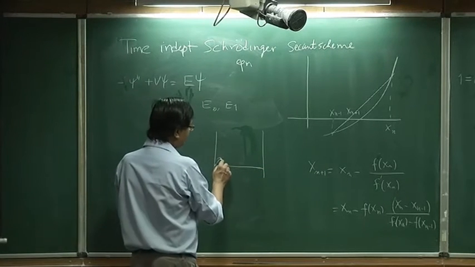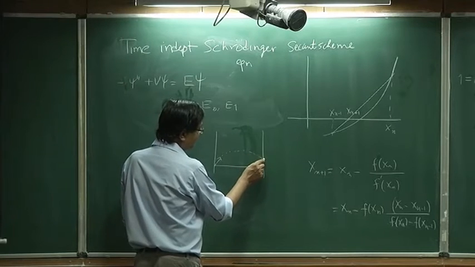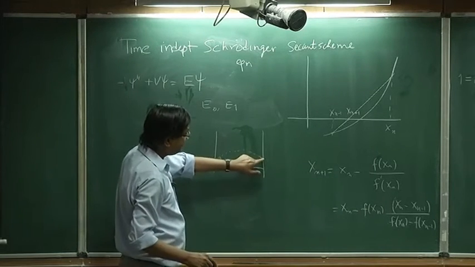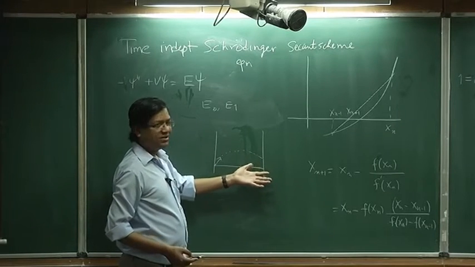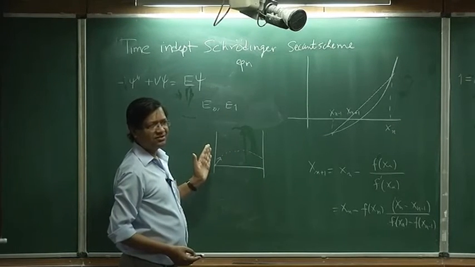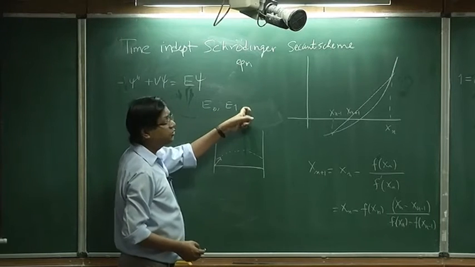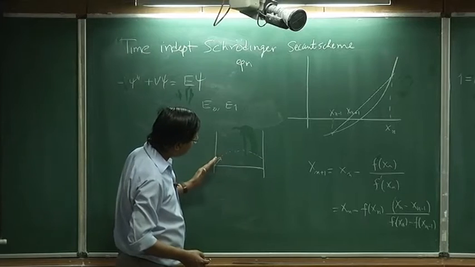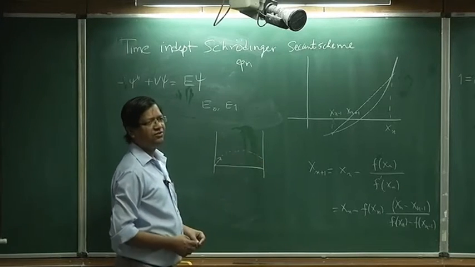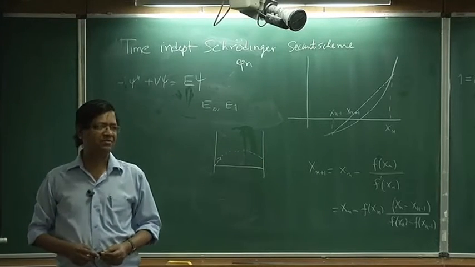I keep going, and if I get the value of psi at the end point to be not 0 but something else, then my solution is incorrect, right. So I have to get to E2,